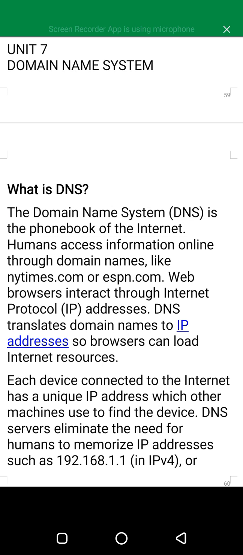Each device connected to the Internet has a unique IP address, which other machines use to find the device.